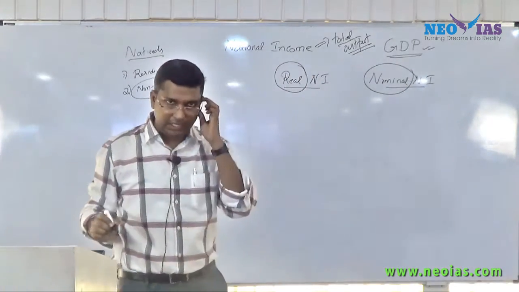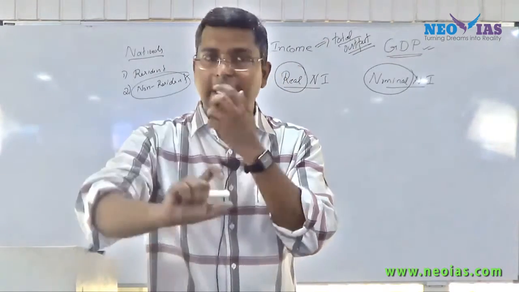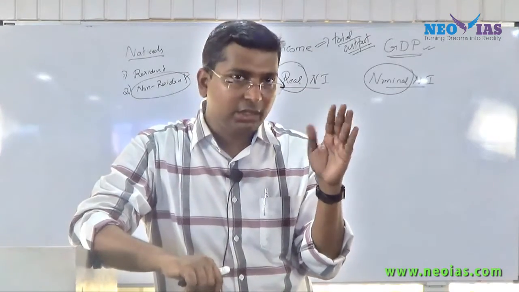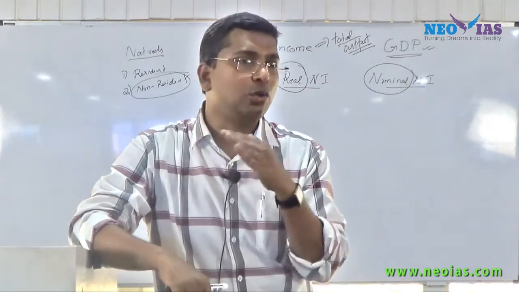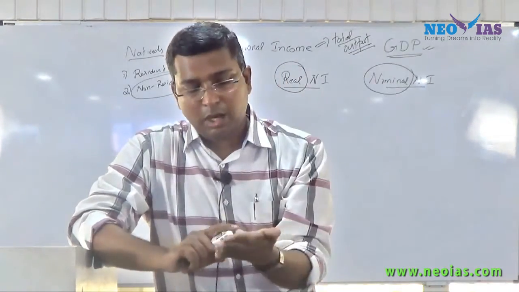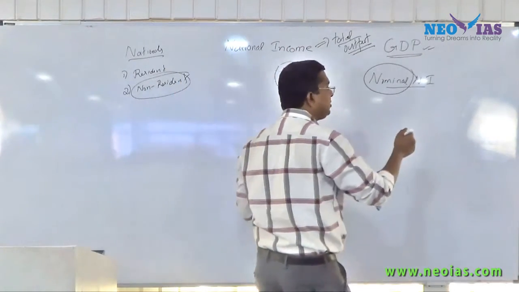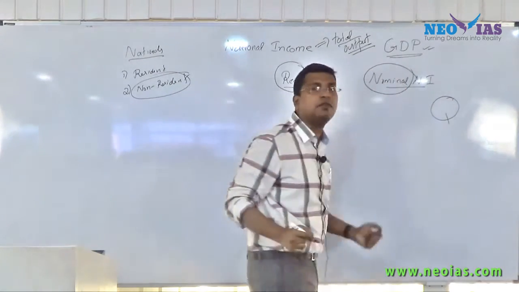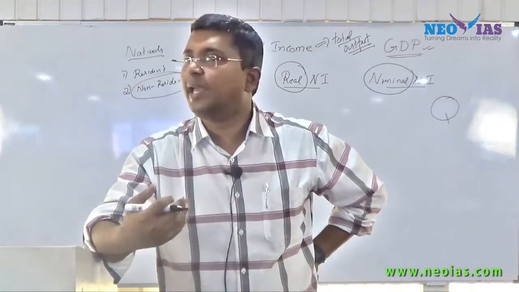real or nominal, try to understand that real and nominal are in relation to prices. The inflationary increase in the level of prices is considered in relation to real and nominal. Now try to understand how we calculate national income. To calculate national income, first we want to know the total quantity of goods and services produced in a particular year. Then only we can calculate the national income.